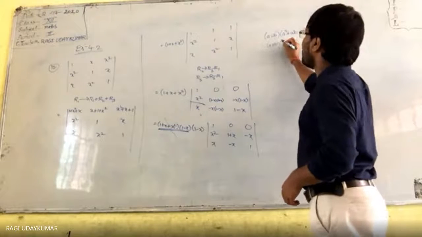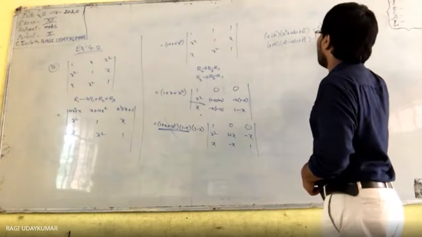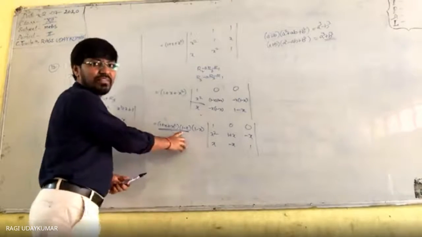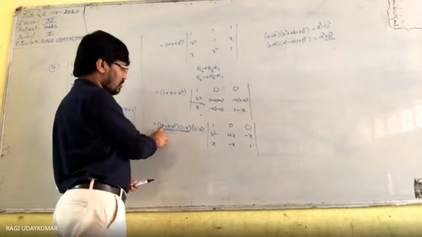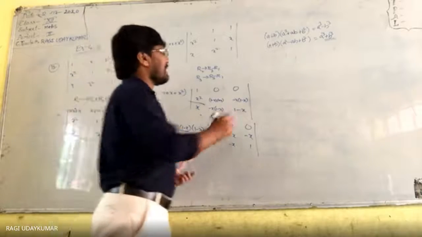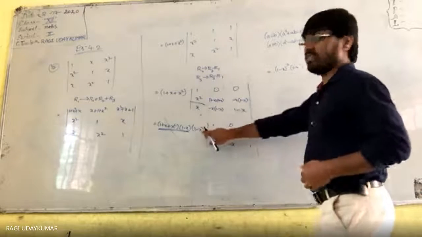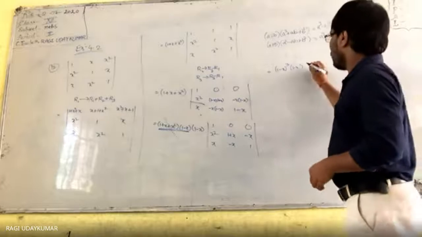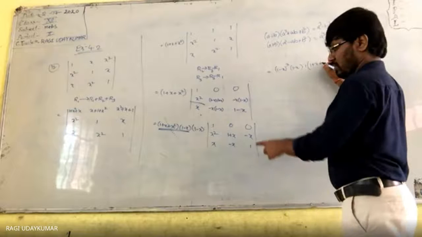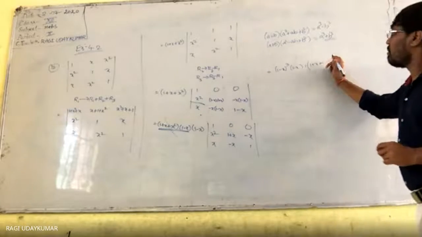Here if you are having a plus b into a square minus ab plus b square, this is equal to a cube plus b cube. So here you see that in the place of a you are having 1, in the place of b you are having x. 1 minus x into 1 square plus 1 into x plus x square. So this product can be written as 1 minus x whole cube into 1 minus x extra, and expanding along the first row, 1 into this, 1 into 1 plus x into 1 plus, if you multiply these two, what do you get here? Plus x square.